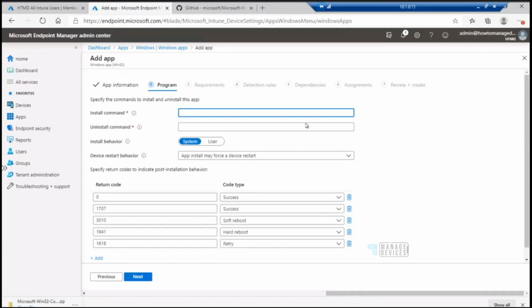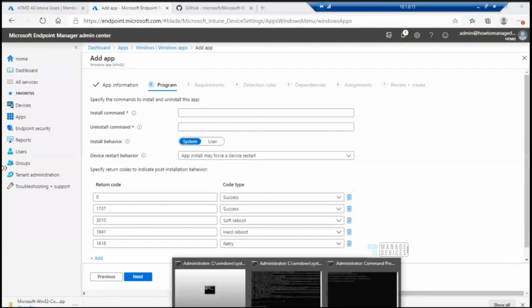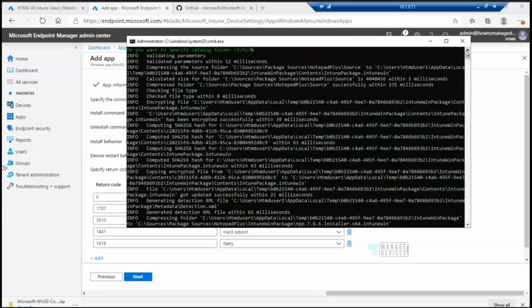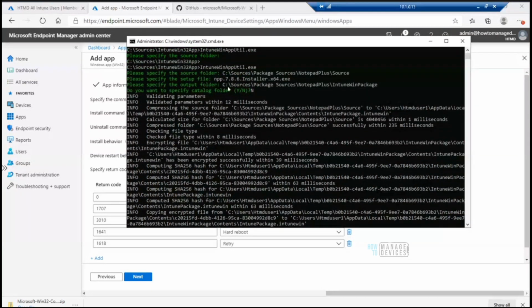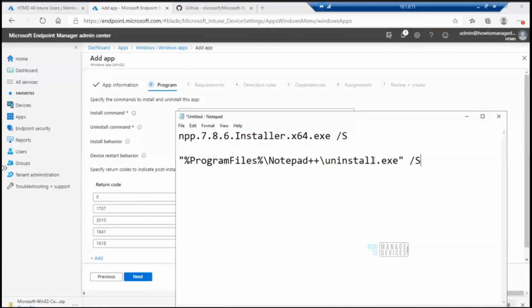Over here, I'm going to install that exe. I have already provided, specify the setup file, the setup file as the exe. So I'm going to use that setup file as the command line also, with some supported option.